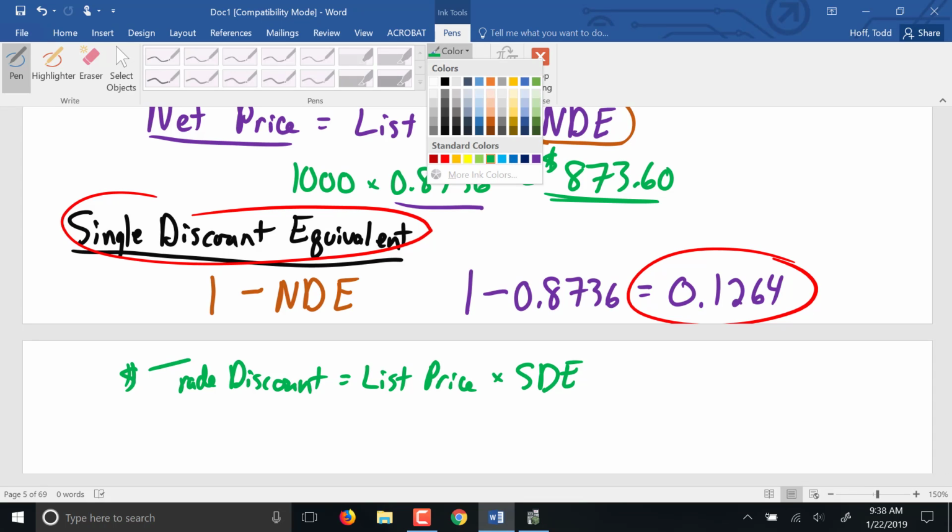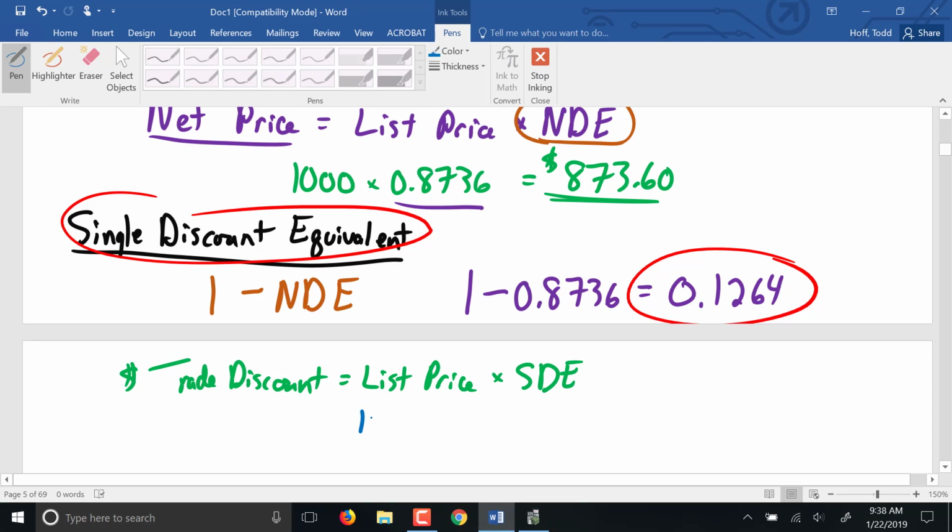So for this example, that'd be the $1,000 list price times 0.1264, which is giving us a trade discount of